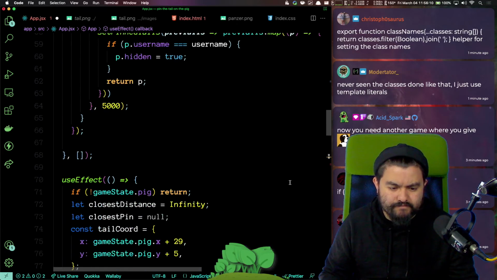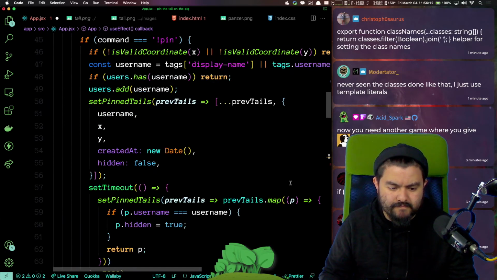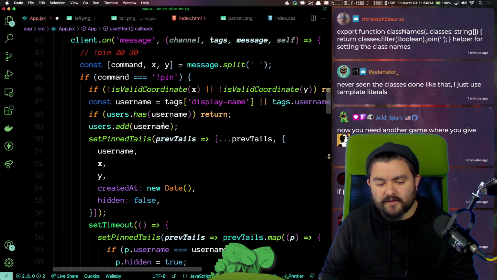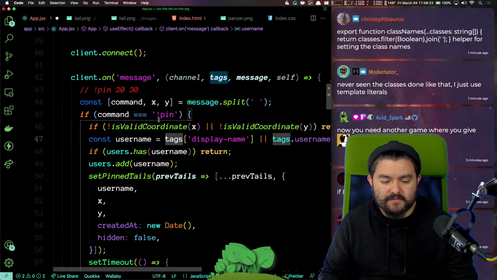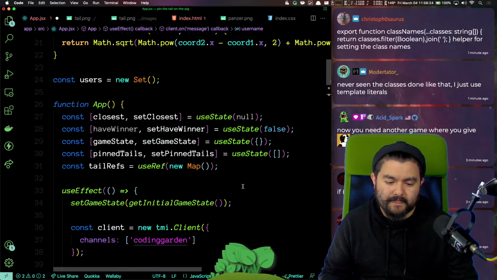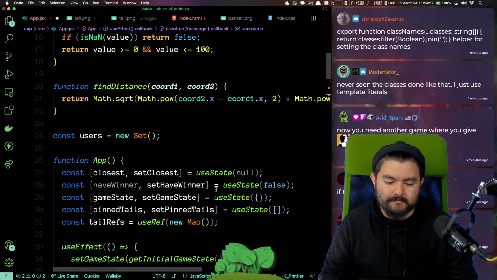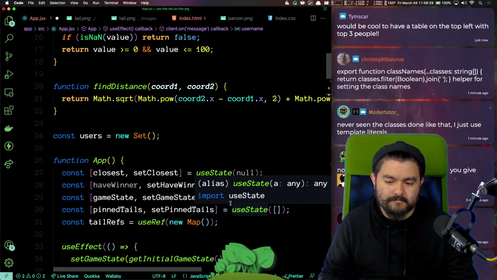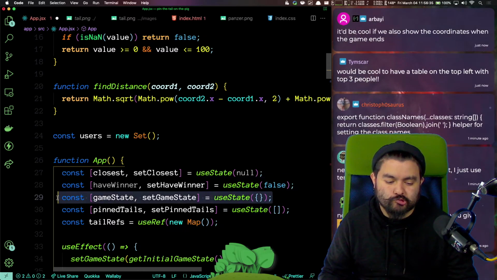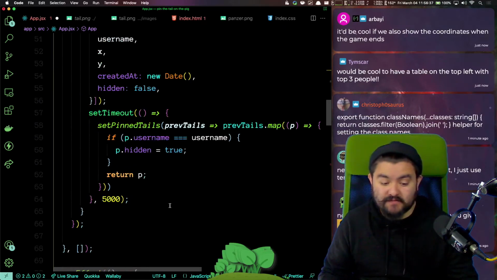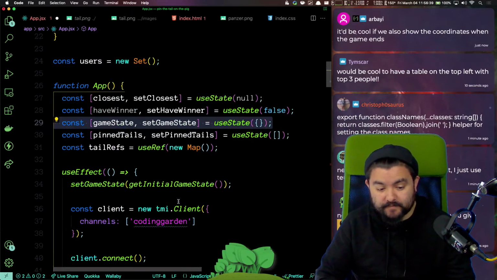That's what makes it tricky here. This listener here, I want to be able to check the game state. And because I'm inside of a use effect, that makes that tricky.